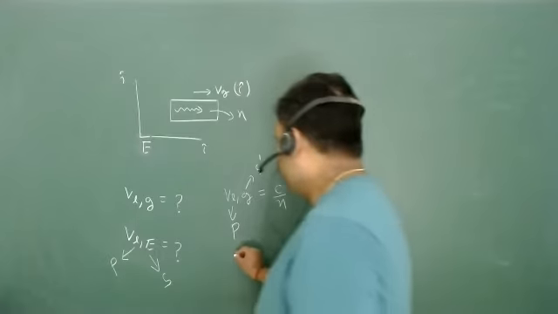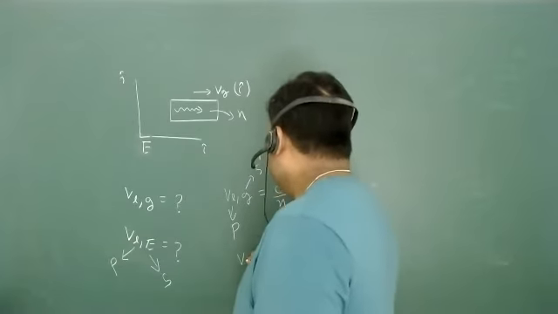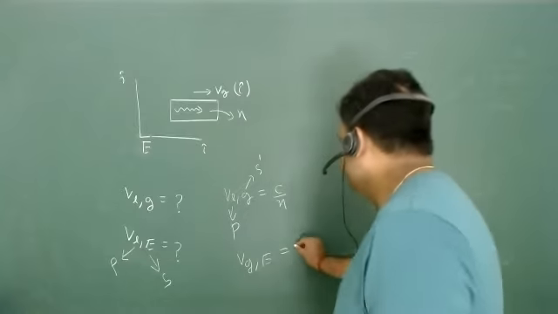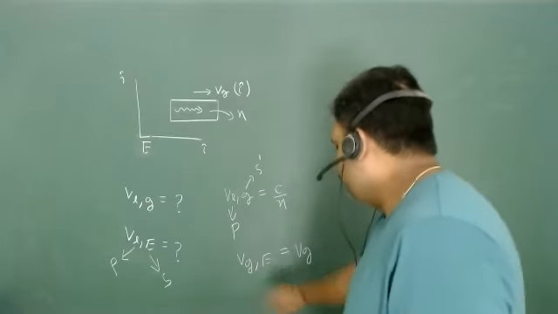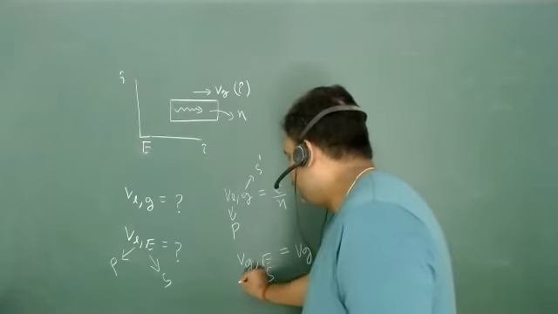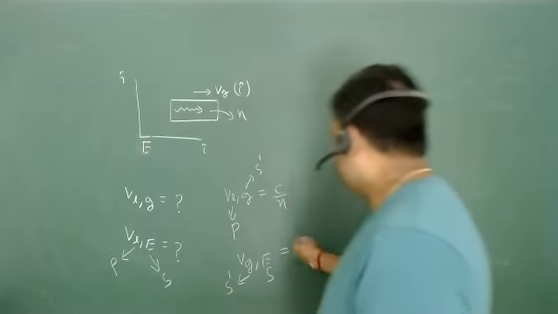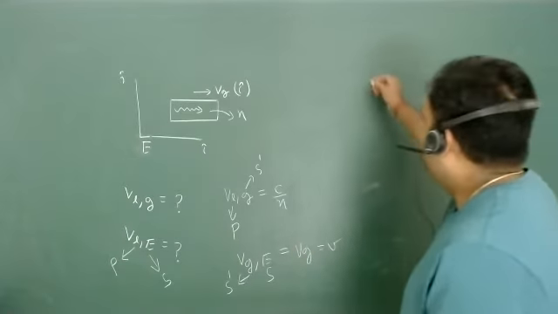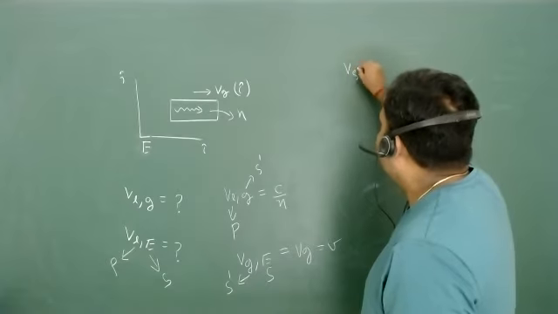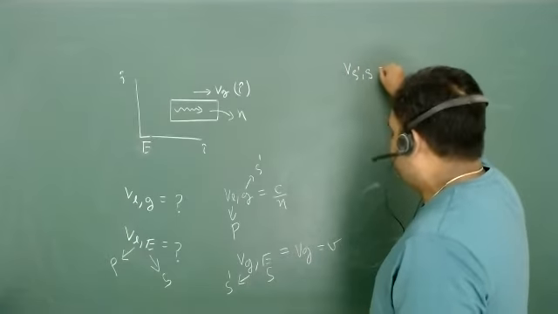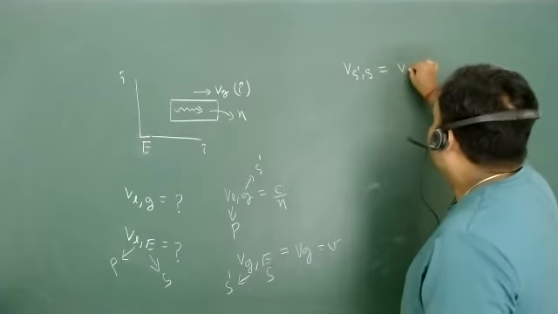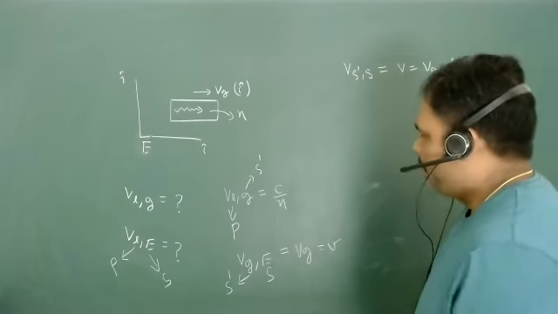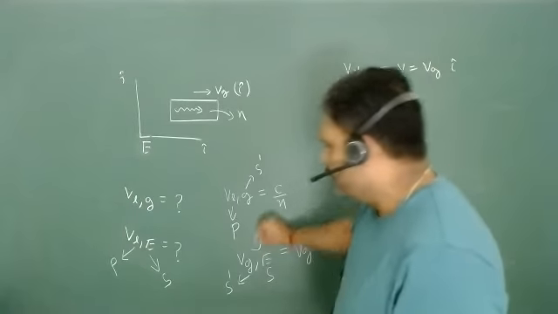And we have the velocity of the glass plate with respect to Earth, and this is Vg. So if Earth is my S frame, and the glass is my S dash frame, this is my V, isn't it? So the velocity of S dash with respect to S will be V, and that is equal to Vg, and this is going in the i cap direction. So I have used this information.